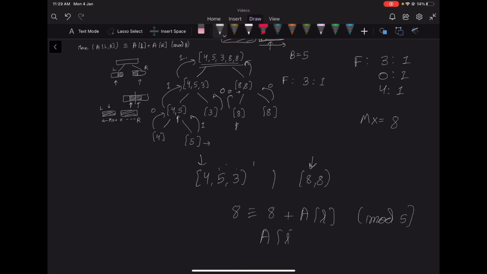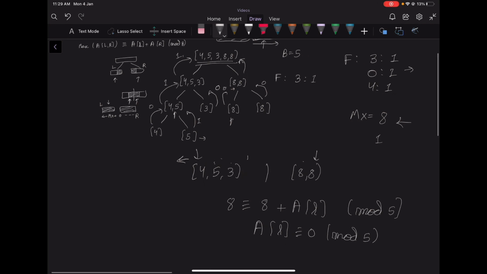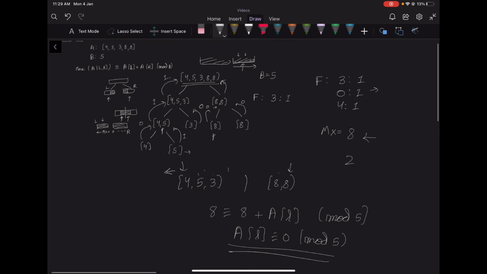AL will be 0 modulo 5. So we have actually stored the frequency of values modulo 5, and the frequency of 0 is 1. So we can add 1 to our current answer. Now again we will move our pointer here. If we move our pointer here, the maximum stays the same and we cannot further decrement this pointer because we are at the left end. So again the condition of AL is it should be 0 modulo 5. So the frequency of 0 is 1, so we'll add 2 here. So this conquer part gives us 2. So finally we will add 2 to this one and return 3 as our answer.